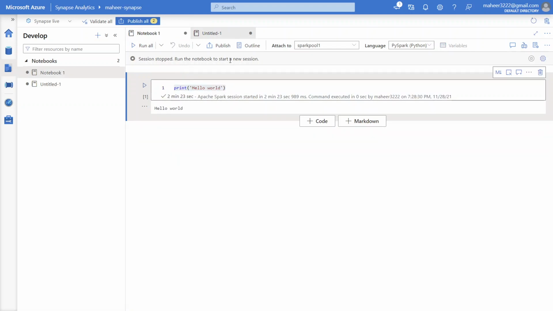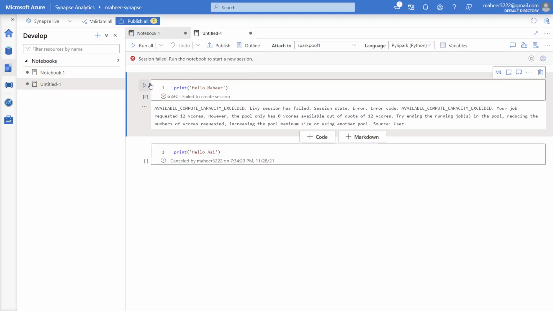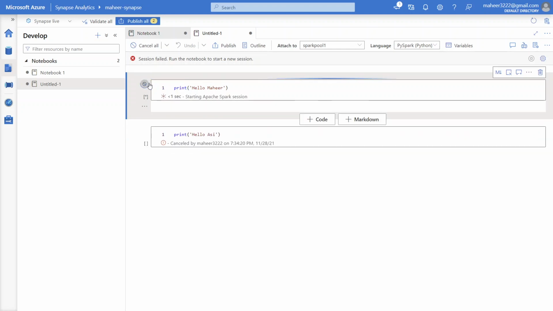Okay, you can see the session stopped here. Now let me go to this notebook and hit this run cell button. This is going to start a new Apache Spark session, and it is going to print these statements as well. I just want to make sure by running these cells for you, because I haven't typed this code. This file automatically came from my local; I basically imported this file.